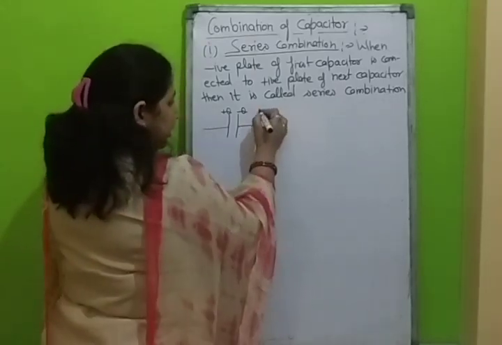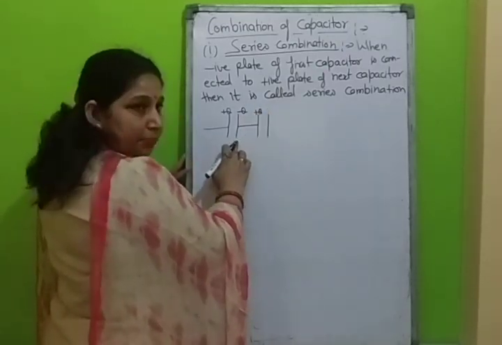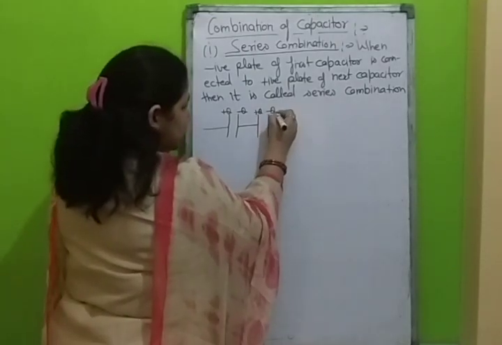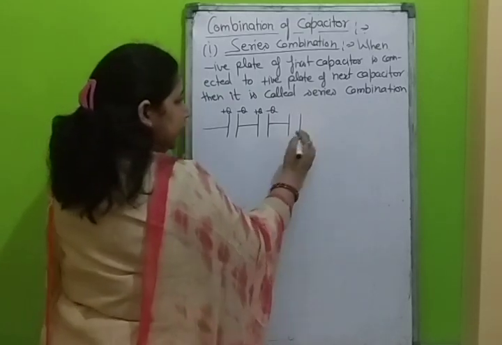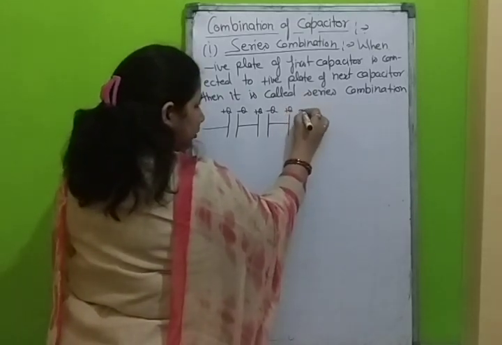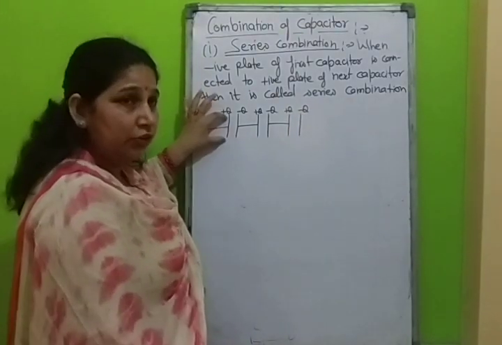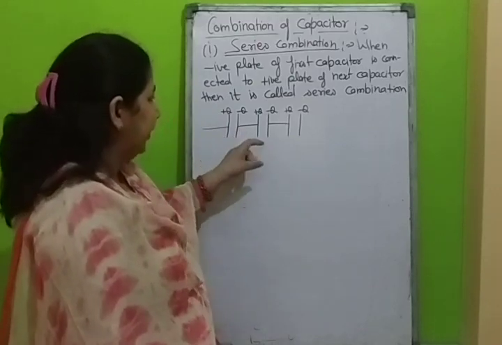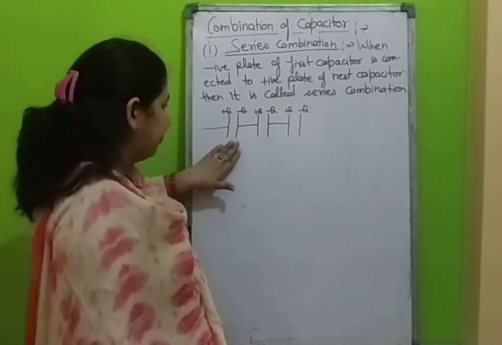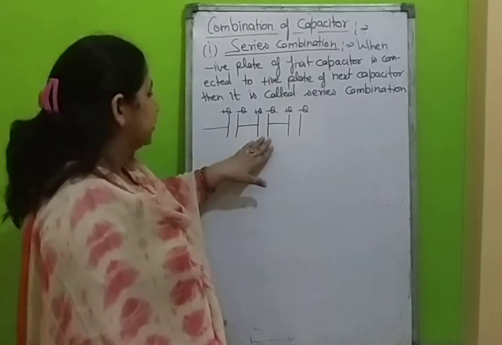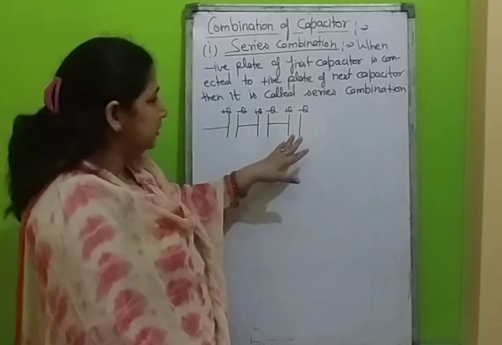The next capacitor, having capacitance C, its positive plate is connected to the negative plate of the first capacitor, with charge minus Q. Suppose we have considered three capacitors of capacitance C1, C2, C3. As the capacitance is the property of a specific capacitor, meaning the cross-section area of plate, the distance between the plates and the medium between the plates, we can consider the capacitance of the first capacitor is C1, the second capacitor is C2 and the third capacitor is C3.